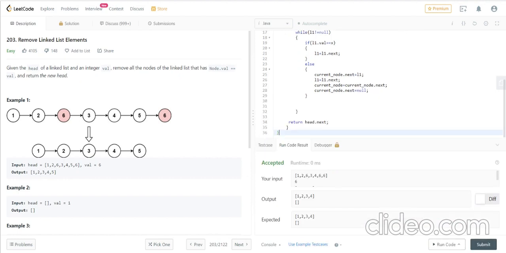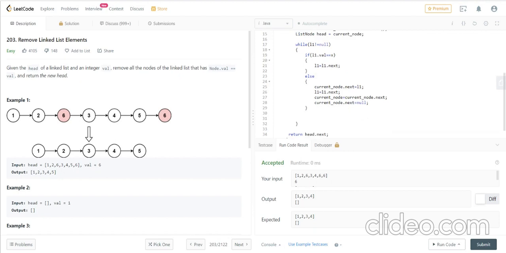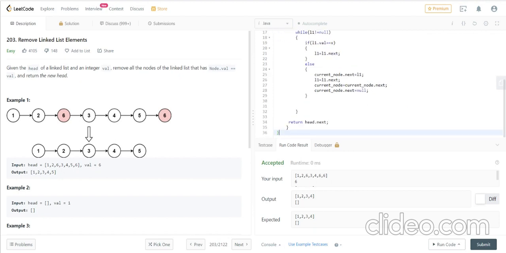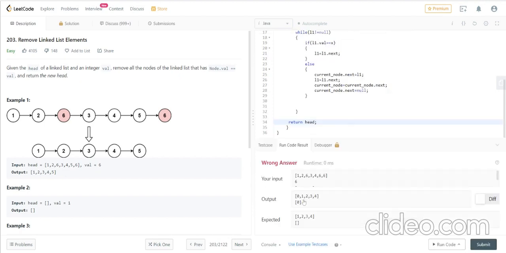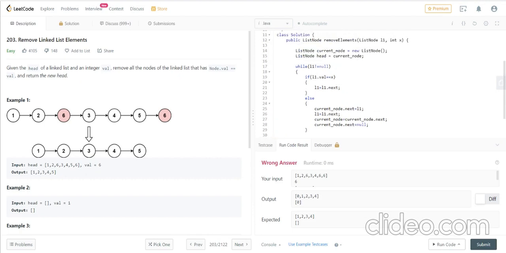So in the previous one, what I was trying to say is, if I'm not returning head.next, it will take one more value. Let's run it. Okay, so here 0 is also coming, and the 0 value is the head value that is pointing to the current node.